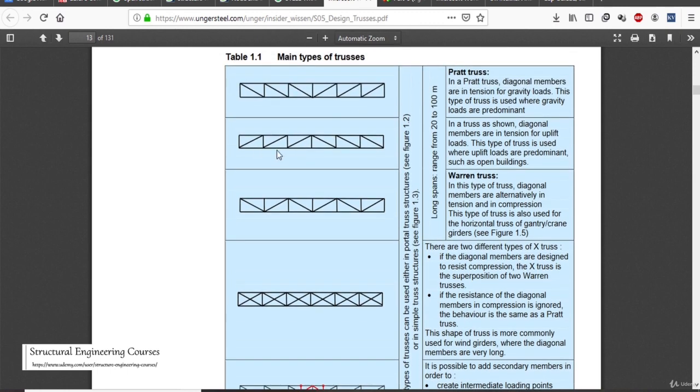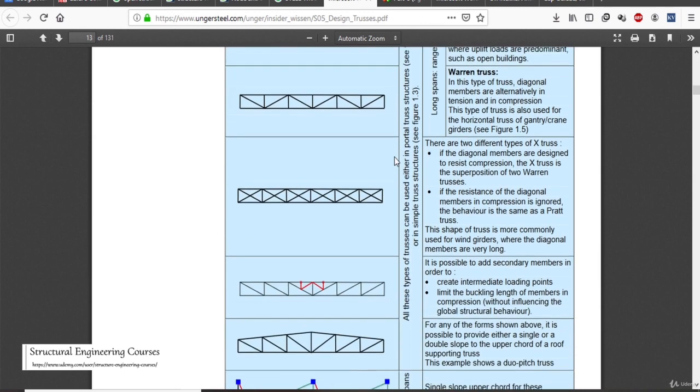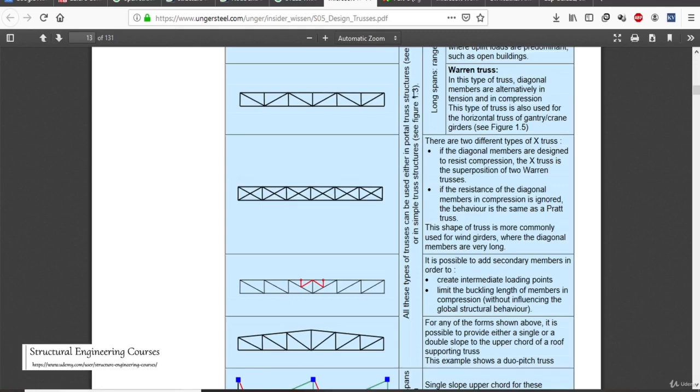And when we are designing a structure like this, we go for this type of arrangement when there is too much uplift, such as in open buildings. So for closed buildings, we model the truss like this, and for open buildings, we model the truss like this. This is also a very important concept: in a Pratt truss, when the members are going down here, it is good for gravity, but when the members are going up, it is good for uplifting forces. And in a Warren truss, diagonal members are obviously in tension and compression,